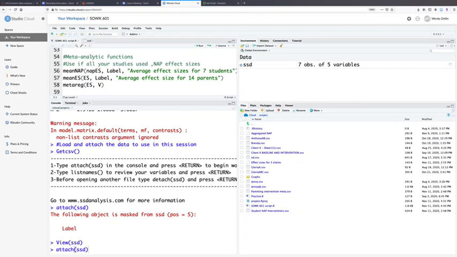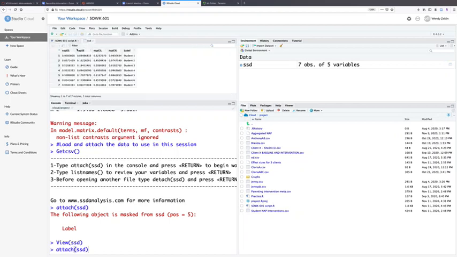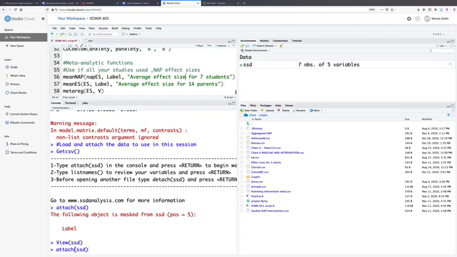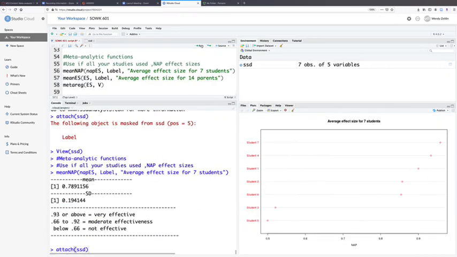for anything, because as you build that file here, as you save them, save the effect sizes, all of these labels come up. And when you're asked to label it, you just give it client 1 or student 1 or whatever like that. But I gave it the label because we're going to produce a plot called the average effect size for 7 students. So when I hit run for this, you are going to see that now we have a graph that shows the average effect size,